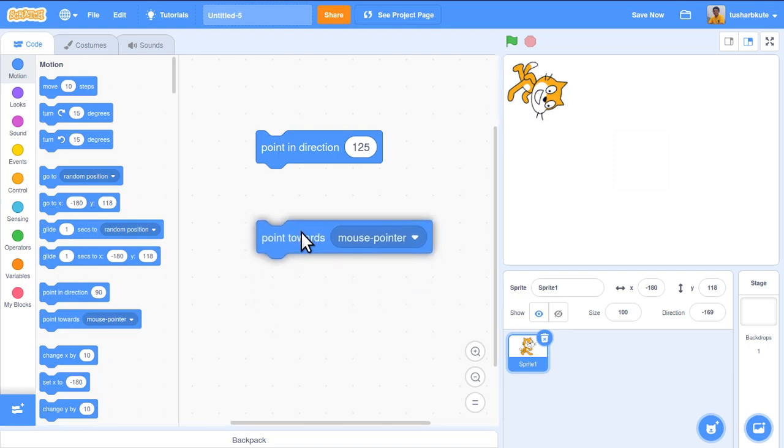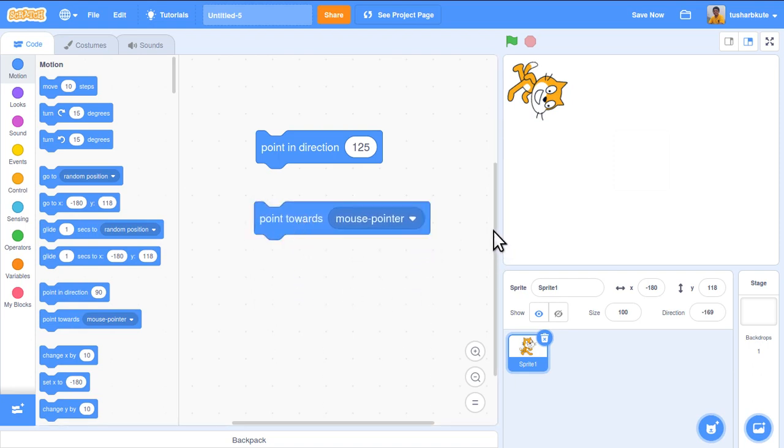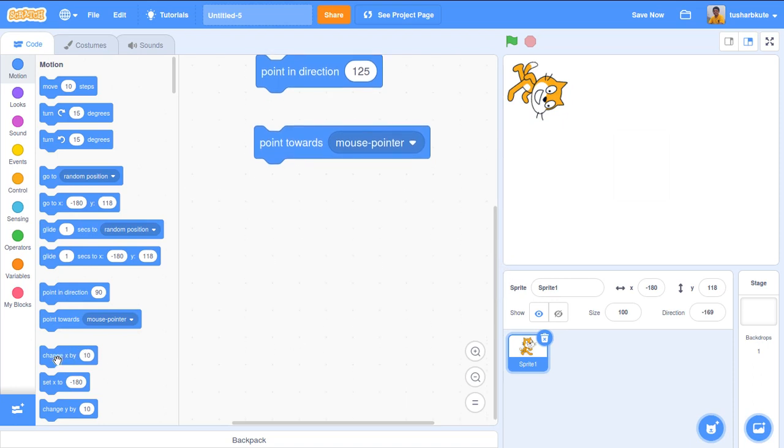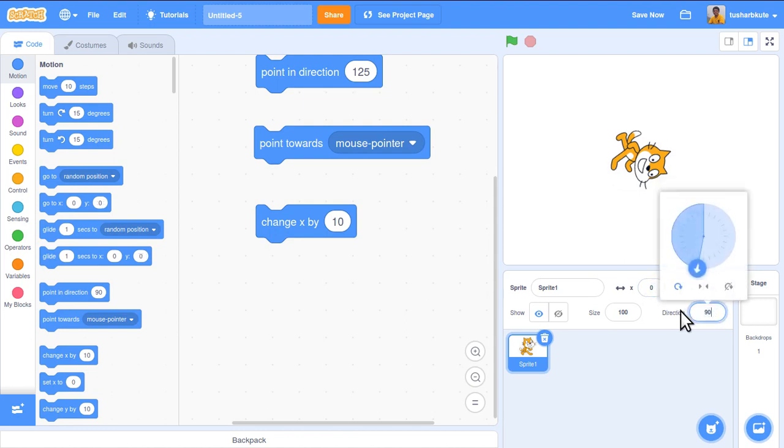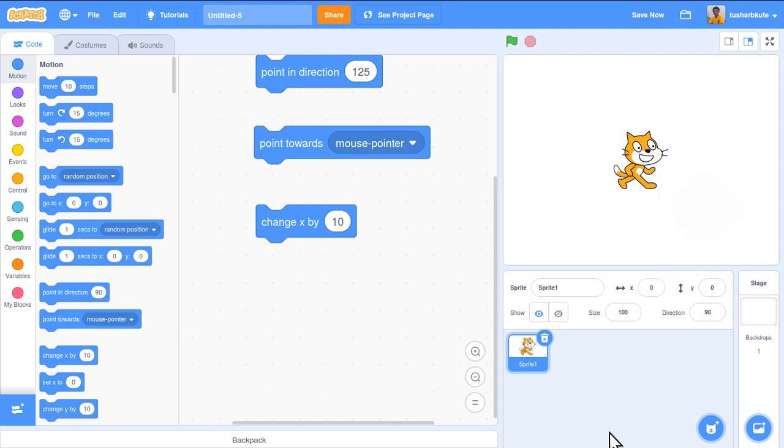Now let's go for another option. Change X by. First I'll make this modification: the position at 0 0 and the direction is 90 degrees, so it's perfectly at the center position. Now change X by 10 means only the value of X will be changed by 10.